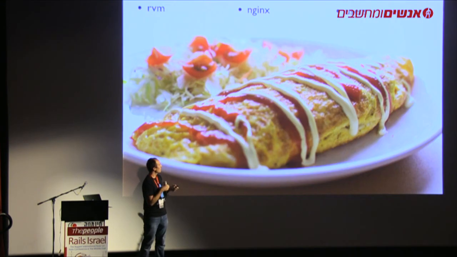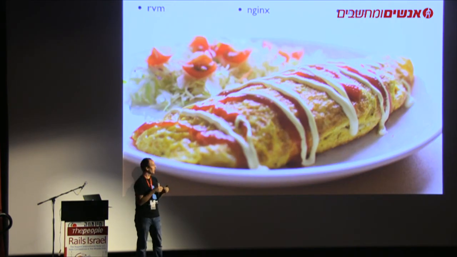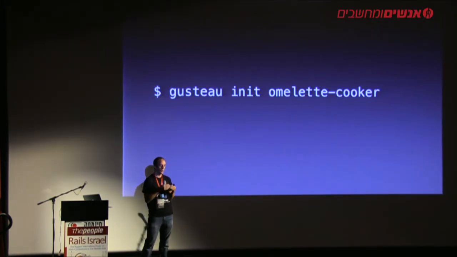So to actually make this work, we're going to make something called an omelette server. Really, I just named this talk after an omelet, then I figured I should have a picture of an omelet, and I'm right before lunch, so I'll make you all hungry. But our omelette server is a really basic Rails application that might have RVM, might have users, and has Nginx, right? So to start this, we would create a project using Gusteau,